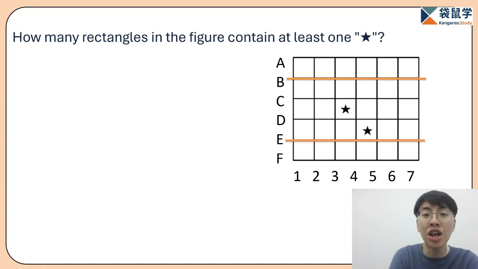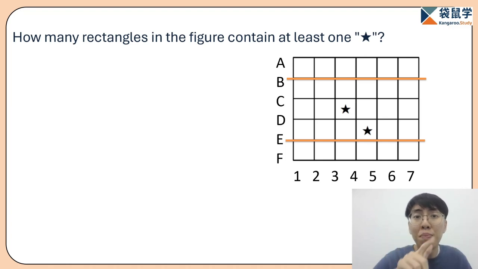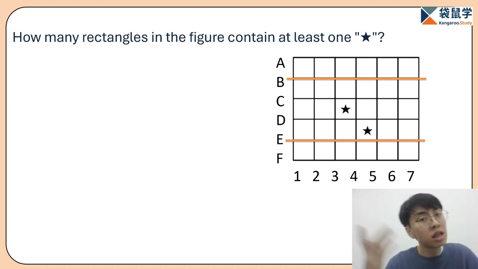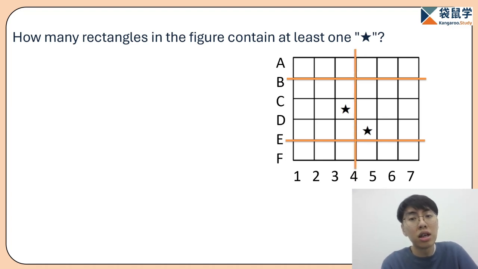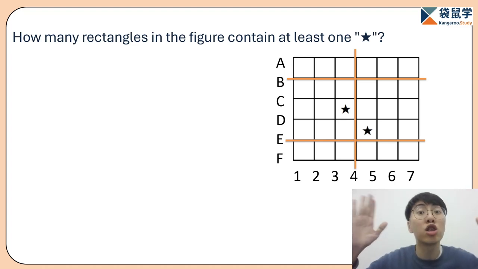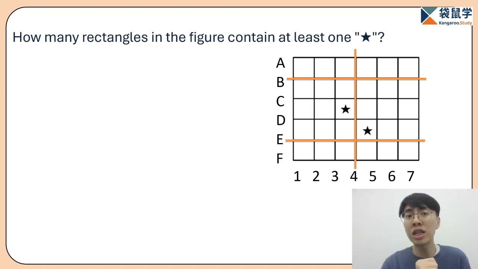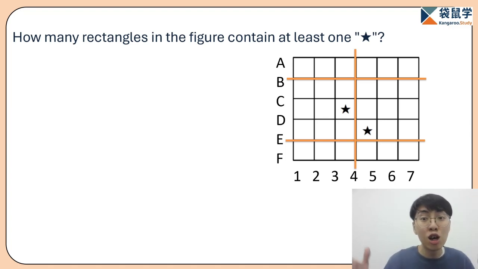Well, if my horizontal lines are at line B and line E, where do I put those vertical lines then? If I want to put those vertical lines, the line on the left again, I can still put it anywhere I want, but that line needs to be at line 4, where it successfully splits it into two parts. So we see, now we end up with two different cases where there is line D that splits it into